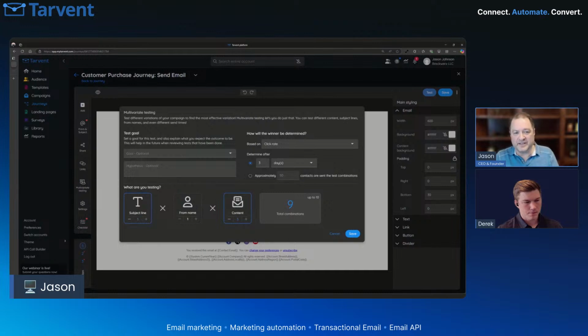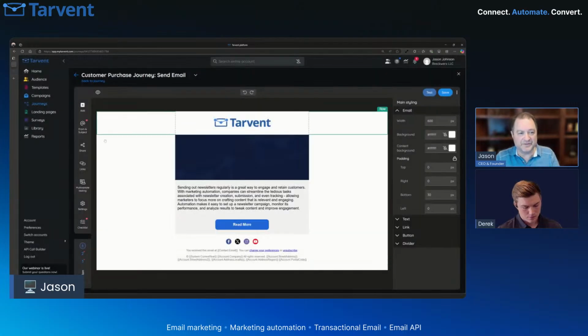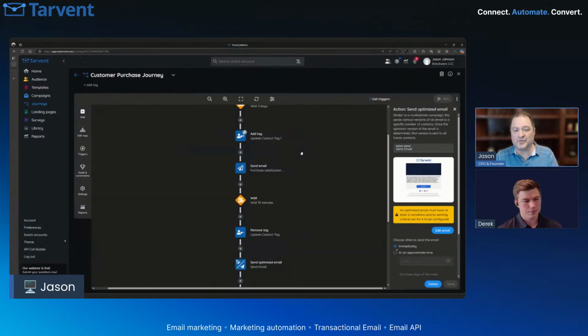So these multivariate settings, there's a lot of stuff here, but that's not the reason that we separated it out. And most companies probably won't tell you the why. They're just going to tell you that's just how it is. But I like to explain the whys. Just like I ask for whys, we will also give whys. So the reason is because once you have a journey running, that's when it gets really complicated. Once a journey is running and you've got people going through it, if you decide to change a send email, if we put it all into one and you decide, okay, I'm going to take this email and now make it a multivariate,